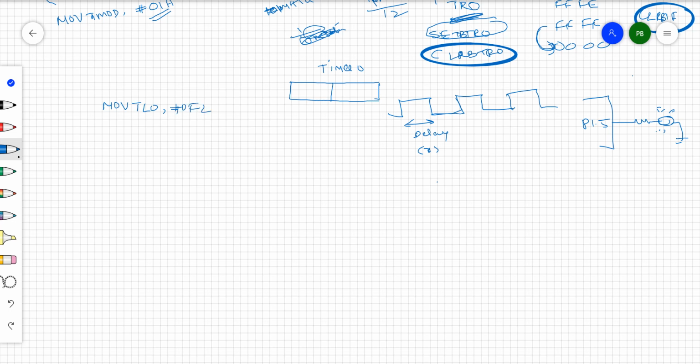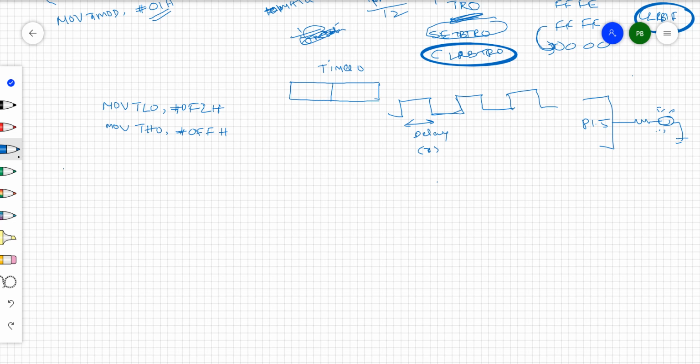#0F2H, right? Then MOV TH0, #0FFH. So once you move data like this, what will happen?